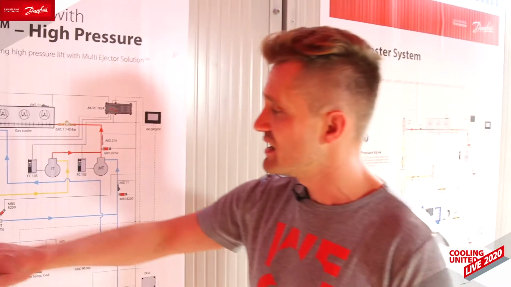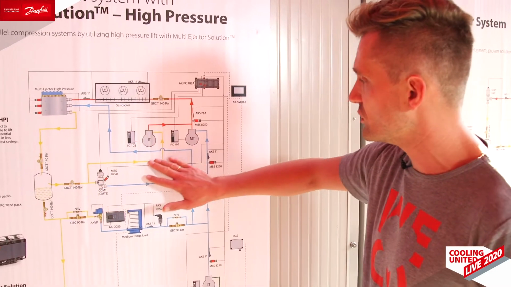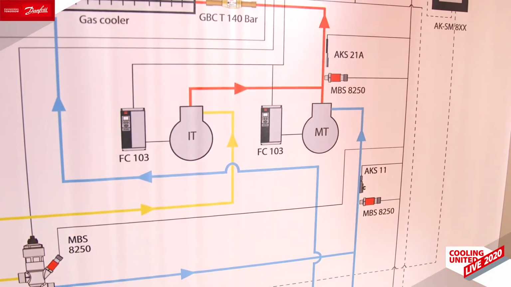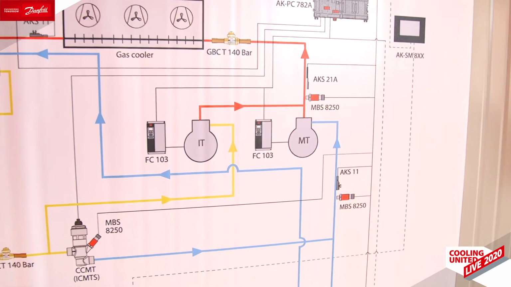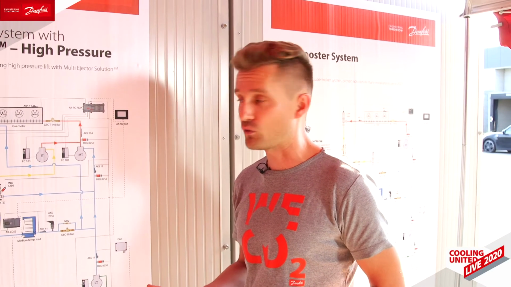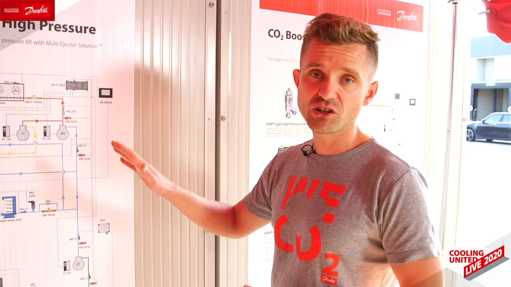This pre-compressed gas is then taken by the IT compressors, which operate more efficiently because there is a higher pressure on the suction side of those compressors. The IT compressors are moving approximately 70% of the total mass flow of the refrigerant circulating in the system, and thanks to that, they are improving the overall system performance. With the Danfoss multi-ejector solution, we can proudly say that the CO2 equator has been eliminated completely, and you can use those systems in any store globally. Thank you, and back to studio.